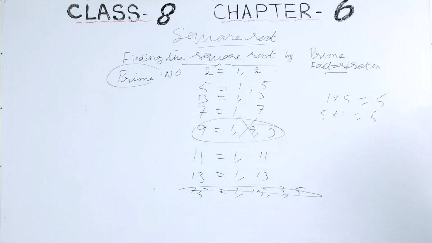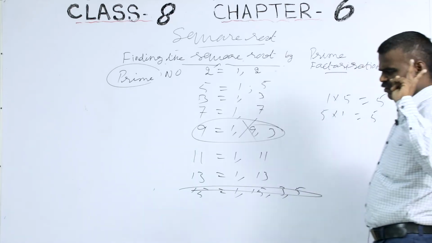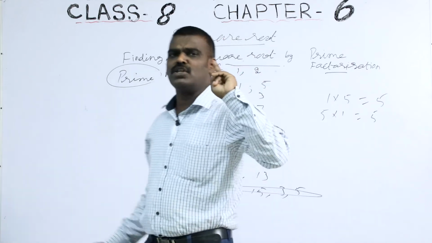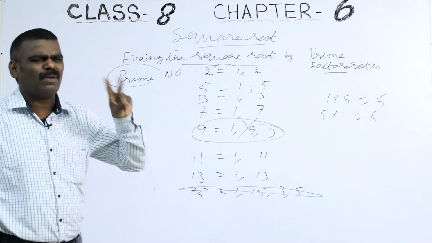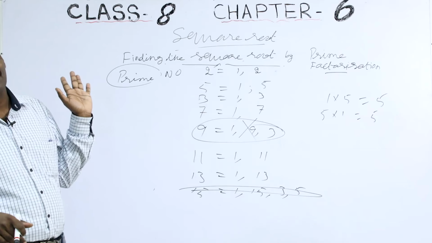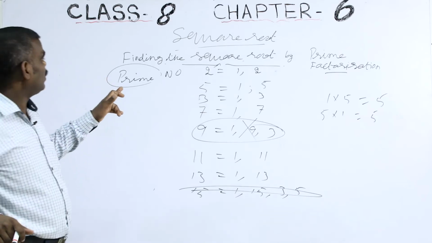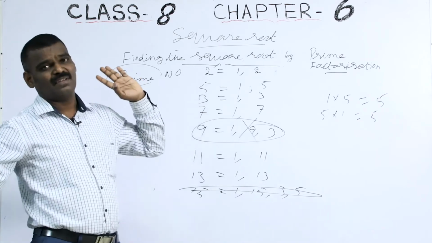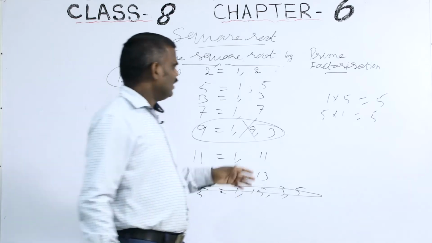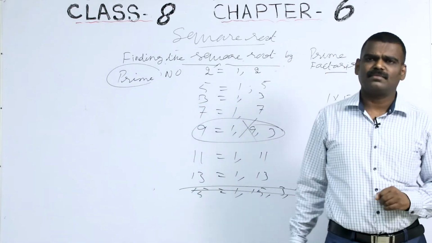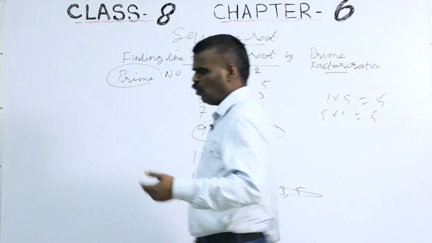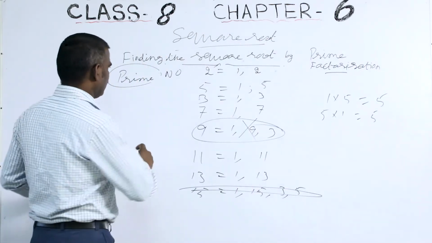So what are prime numbers? The numbers which have 2 factors. The number which has only 2 factors, means only 2 numbers can divide, no other number can divide. Those kinds of numbers are called prime numbers. Clear now? Okay. What is the smallest prime number? There are so many prime numbers. The smallest prime number?